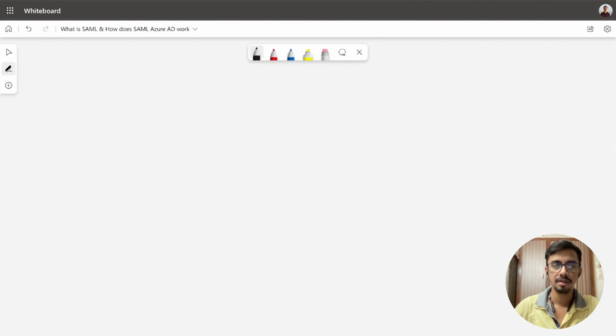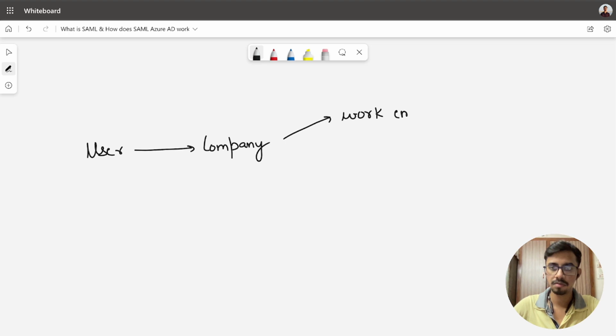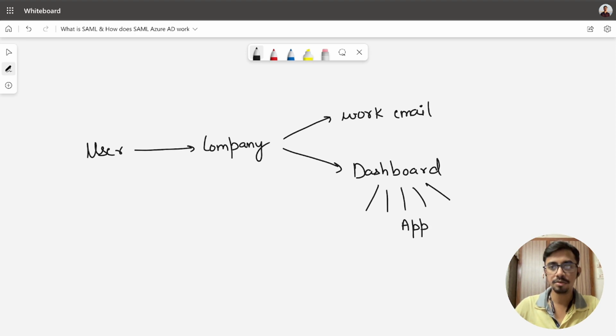Let us take an example in which we have a user who has recently joined a company and his company has basically assigned him a work email and has given him access to a dashboard, and in that dashboard there are all the company apps that the user can use.